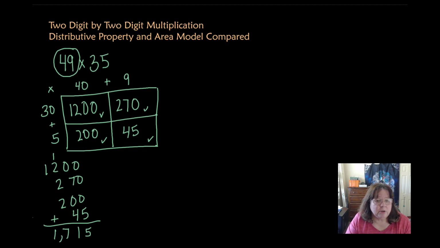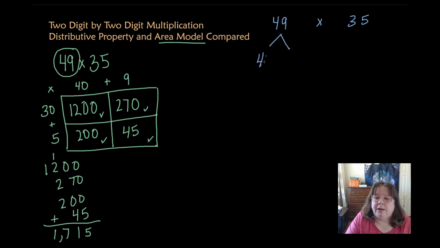So this is the answer we got using the area model. We did that first. This is called an area model. Distributive property, I'm going to write the problem again. I'm going to start up here to have maximum room. And I'm going to spread it out a little bit to give me a little bit more room. So 49 times 35. Well, 49 is 40 plus 9